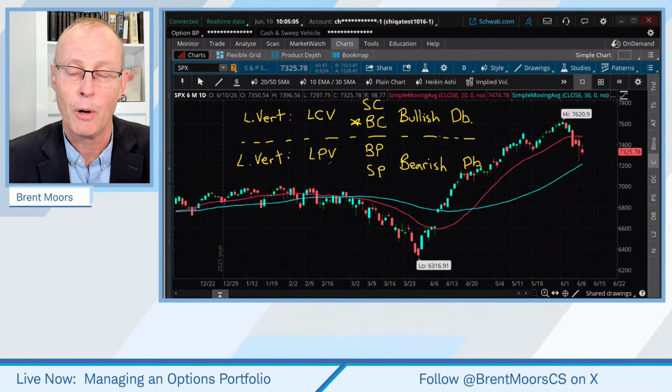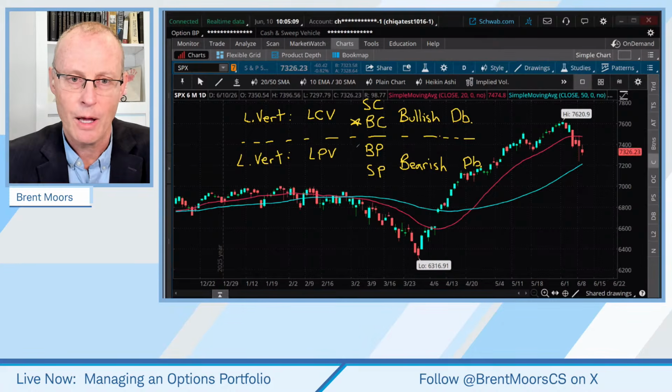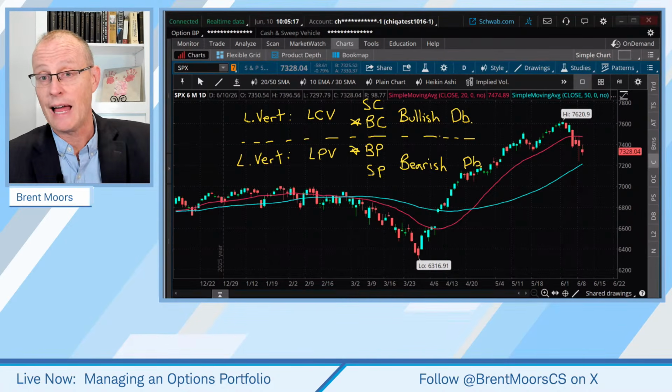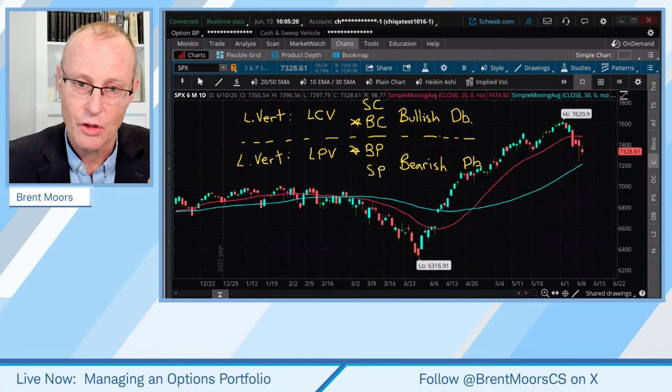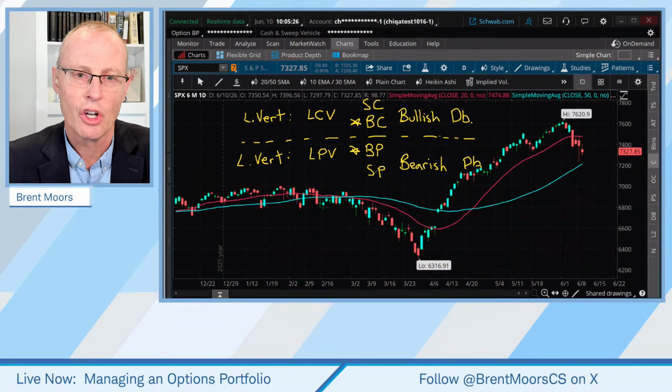You can just buy a long put, great. If you do a long put vertical, you're going to buy that put, no doubt. But you're also going to sell a put, which is going to help offset some of the cost of the trade. Now, it's nice to pay less, but it also limits the potential reward of the trade, at the same time limiting the risk of that trade. So those are your long verticals, okay? So that's how that is.